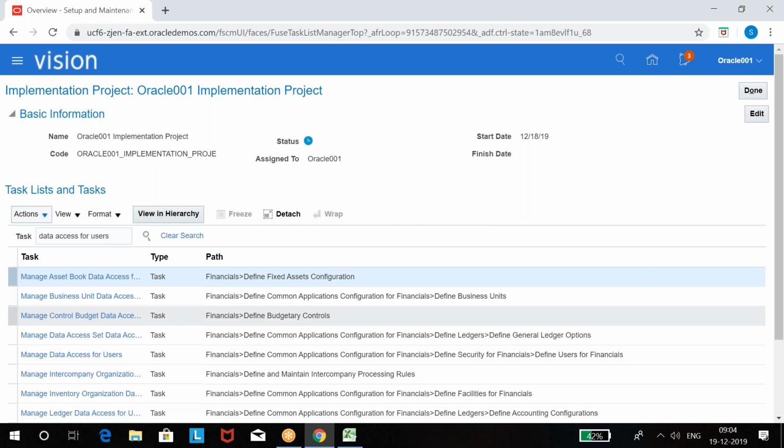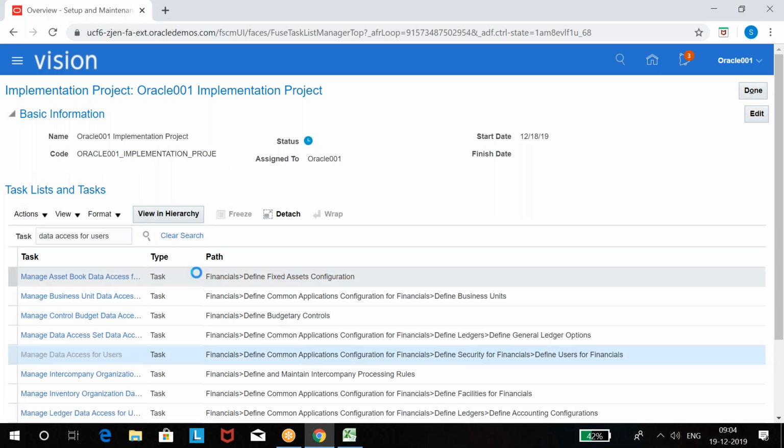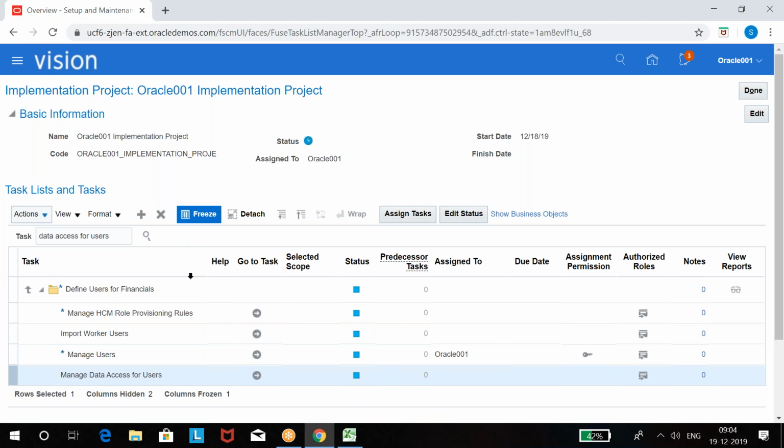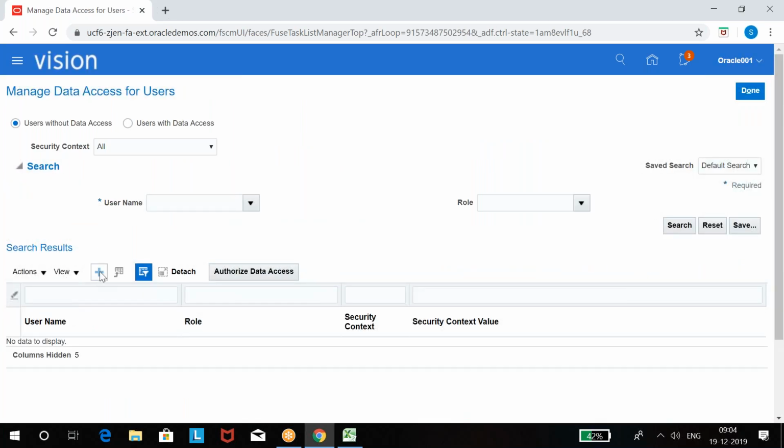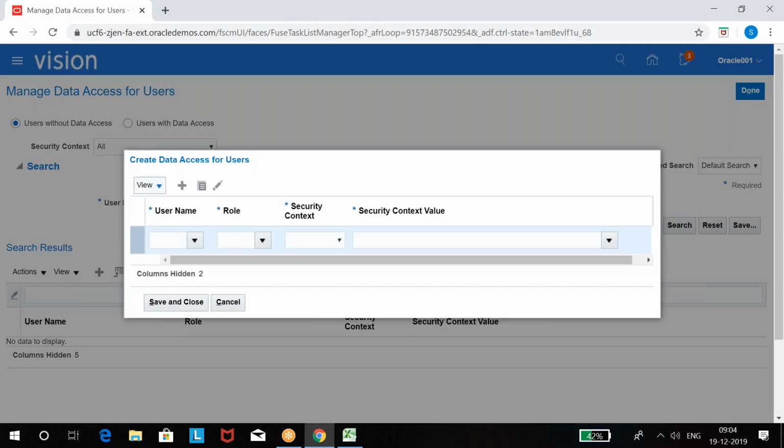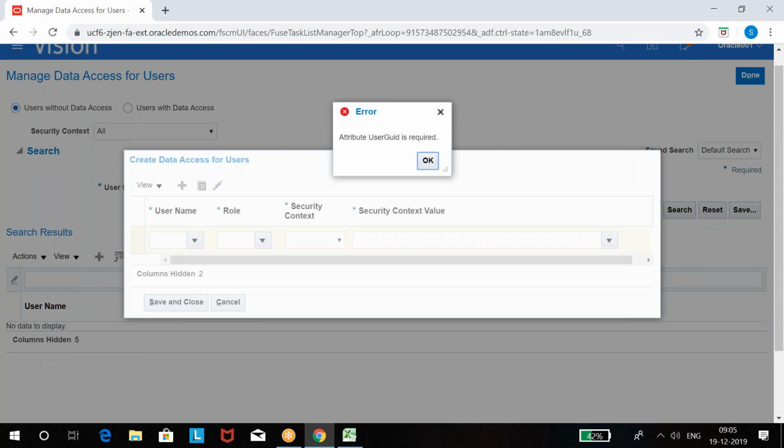Data access for users, manage data access for users. Click on go to task. And here we have the option create. And username, Cloud 001 user, isn't it? Username is Cloud 001. Sorry, it's Oracle 001, right?